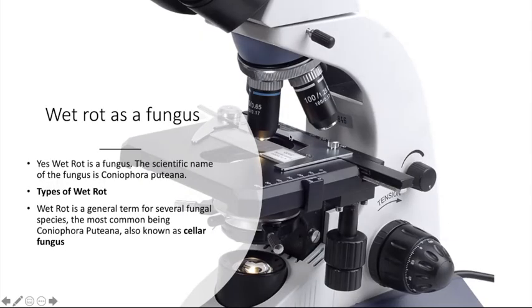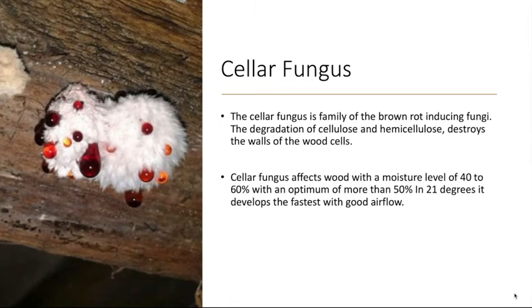So, what is a fungus? Yes, wet rot is a fungus. The scientific name is Coniophora puteana. Types of wet rot. Well, wet rot is a general term for several fungi species, the most common being the one we just mentioned, and also cellar fungus. Brown rot-inducing fungi. The degradation of cellulose and hemicellulose destroys the walls of the wood cells from the very core. Moisture level of around 40 to 60%, with an optimum of more than 50%, in 21 degrees or above,